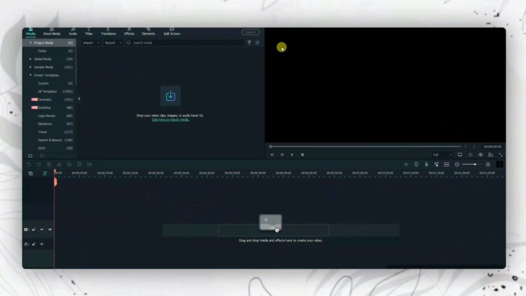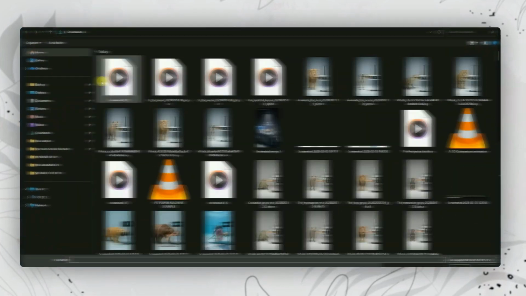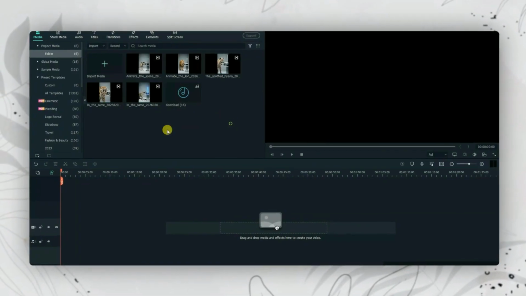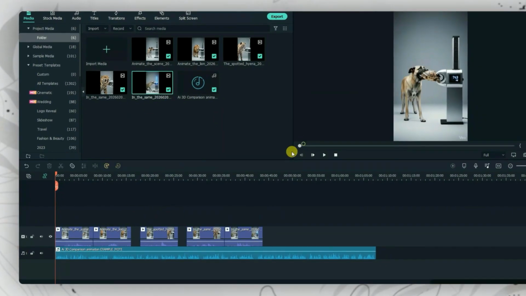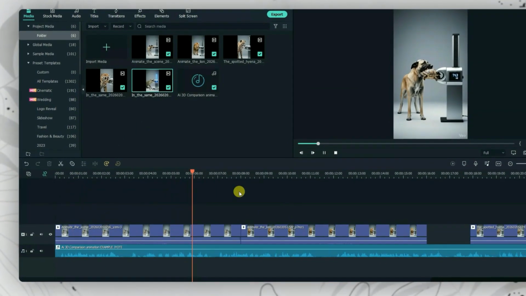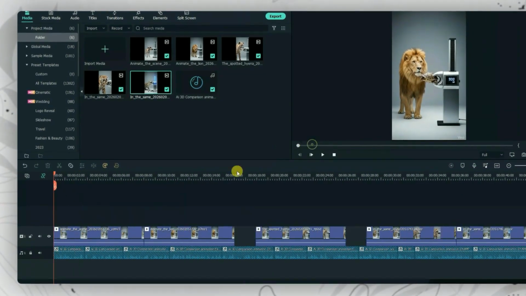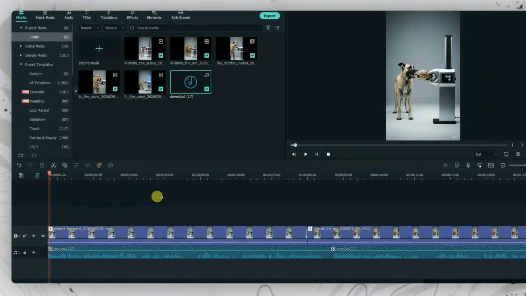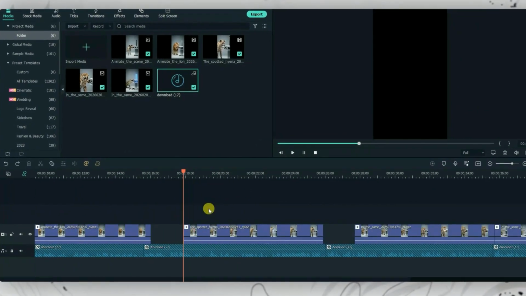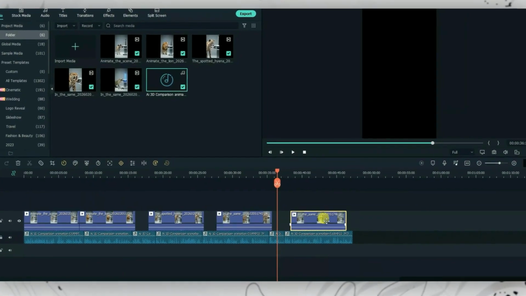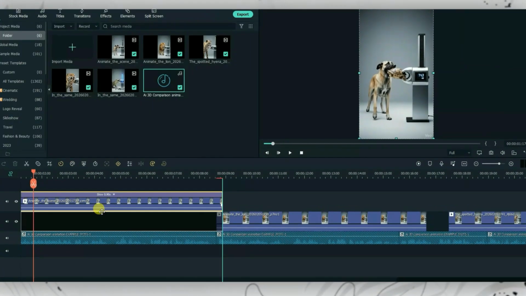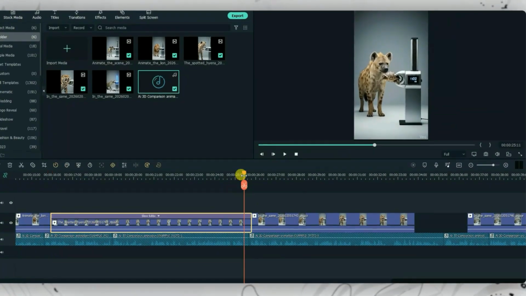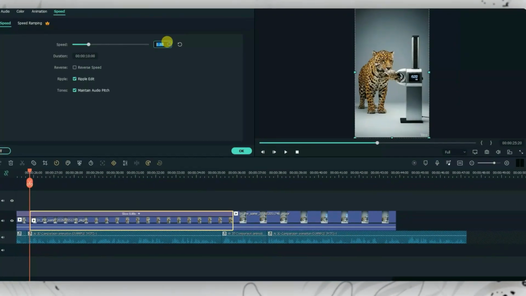Now for editing, I personally use Filmora, but you can use whatever software you're comfortable with. If you don't know how to edit yet, that's something you'll definitely need to learn first. So here's what I do. First, import both your audio and video clips. Then listen to the audio carefully and arrange your video clips line by line to match the voiceover. If your video clip is too short, you can slow it down slightly to match the audio timing, just like this. And if there's too much silence in between lines in your audio, trim it out. Once you line everything up properly, your video and audio should sync perfectly.